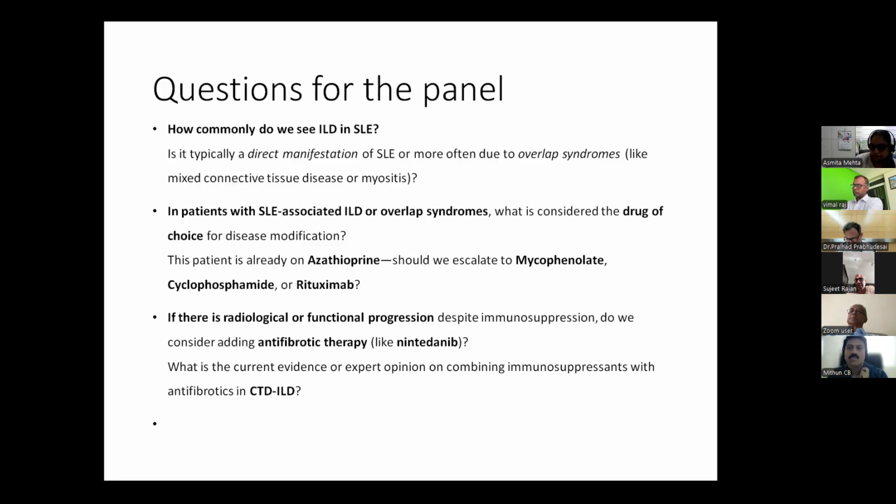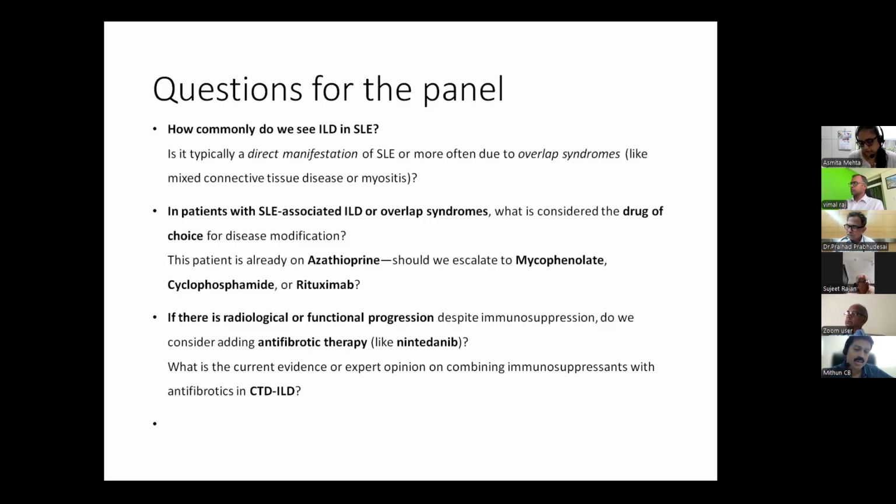So yes, it is tempting to start an antifibrotic, but he has chronic liver disease. So there are a lot of things that you need to discuss. Very interesting to have so much longitudinal data. He's lost about 10% vital capacity in 10 years, which is very minimal. So I'm not sure if we should rush into the antifibrotic, but just see if we can gain something. And I'm not sure if we're going to gain much more with mycophenolate versus trying harder, considering he's 67, with rituximab before he gets too old and it becomes more risky. What do you feel, Mithun?